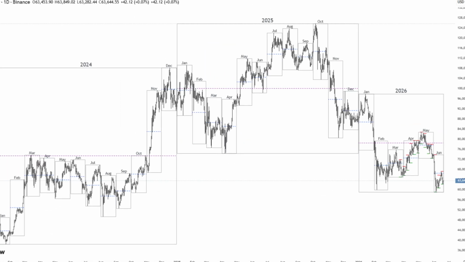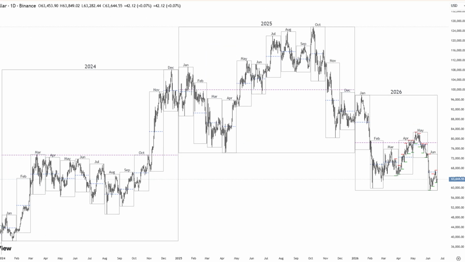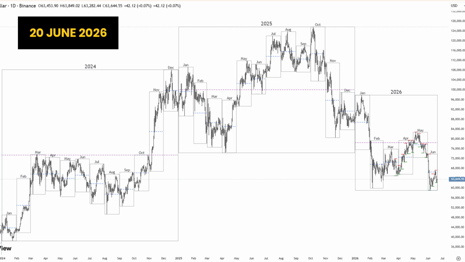The Bitcoin chart is approaching a zone that when we all look at this chart, it will be defined as a historical opportunity. In today's Bitcoin Fibonacci video, we will explain the market structure that will change everything. Today is 20th June 2026, and this setup is not only about price, it's also about time. Because our expectation is that timing-wise, Bitcoin is approaching a major yearly reversal bottom around the seasonal period of 21st